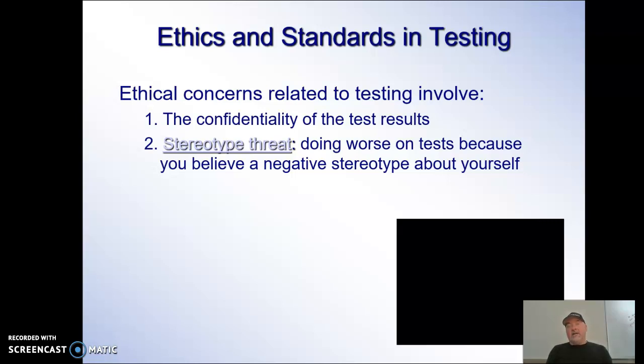But you can see that if the test can be gamed by me telling you what it measures, and there are different outcomes depending on what I tell you it measures, there's a problem with the test. And so when we measure things, if there's any stereotype, if we say girls are better at this or boys are better at this, if we say girls are better, girls will score better. If we say boys are better, boys will score better. So if we invoke a stereotype, students, for the most part, will adhere to that stereotype, and the test results will adhere to that stereotype. So what does that say about testing? It says that there are other things other than intelligence that go into your score. So it's really hard to measure intelligence in that way.